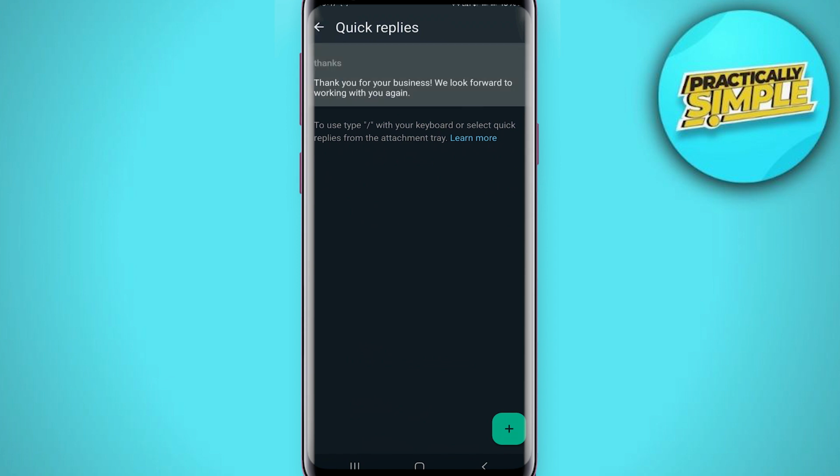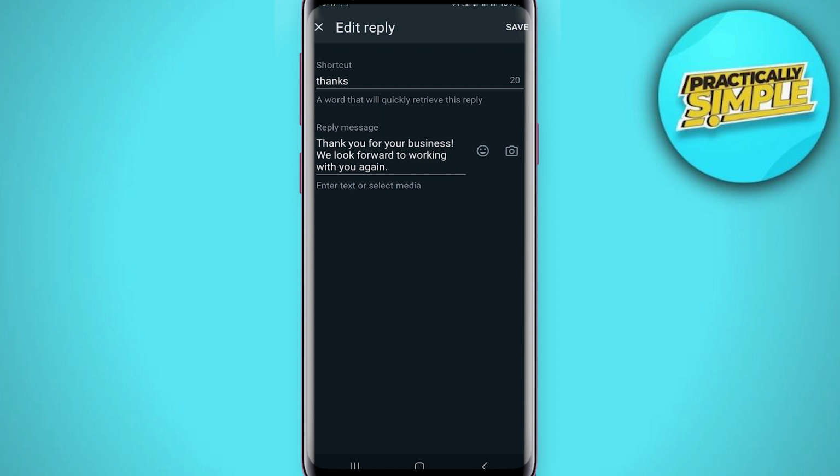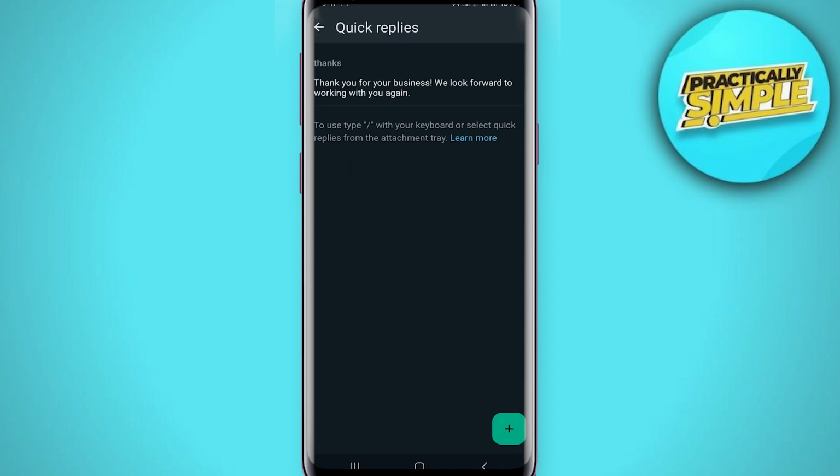way you want. Tap on it and now you can easily customize it whatever you want, you can type here. And then simply tap on the save button and that's pretty much